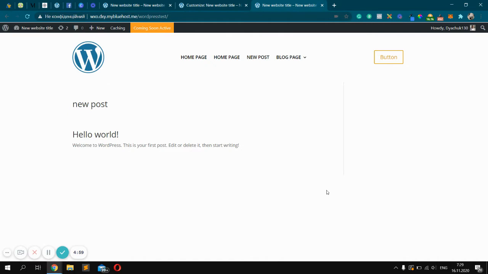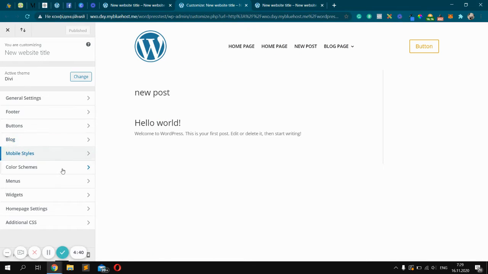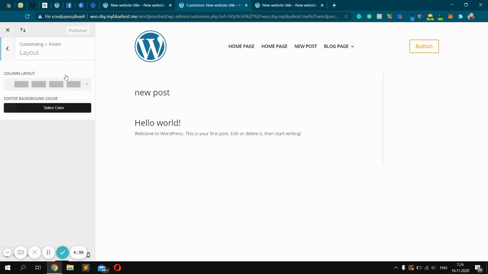Hi, today I want to show you how to create the custom footer layout with Divi Builder. By default, we do not have any footer with Divi theme, and to create it, you can click Customize here, Theme Customizer, and you will have something like this, where you can click Footer, choose Layout,